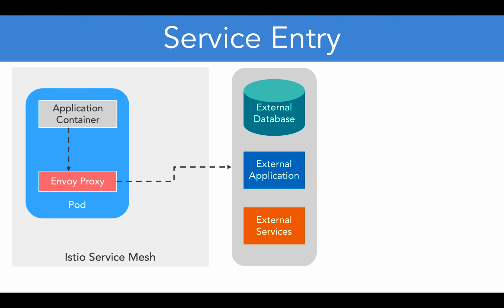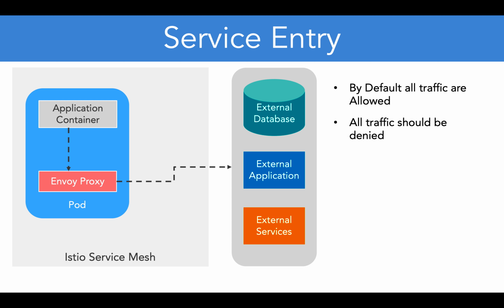Now, this is the default behavior. Of course, you should have network connectivity between these two networks. But this is the default behavior. By default, all traffic is allowed. But this is definitely not a best practice. All traffic should be denied. And you can do that by changing a configuration in a config map of Istio system. And the name of the config map is also Istio. You'll see that in the demo anyway.